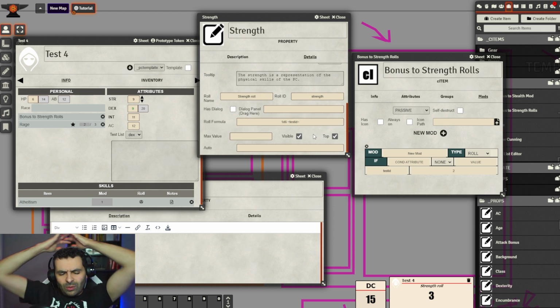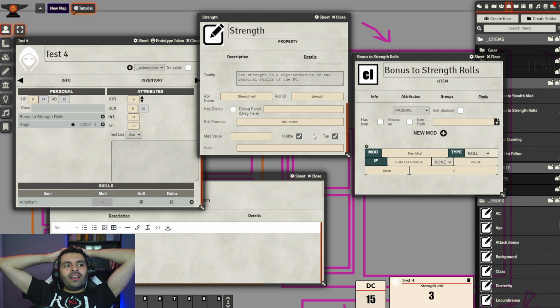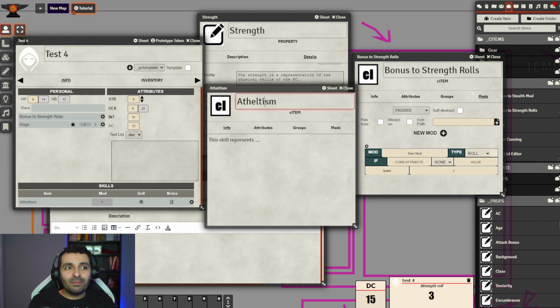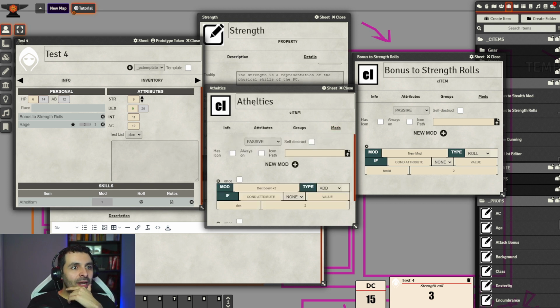And you might be asking, why is this useful? Because maybe you have a roll from a C item, athleticism, sorry, or athletics. Yeah, because I've received a couple of comments about my English. Sorry guys, it's not my native language, sometimes I make mistakes. So athletics,